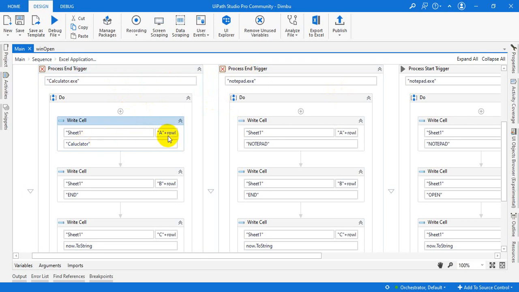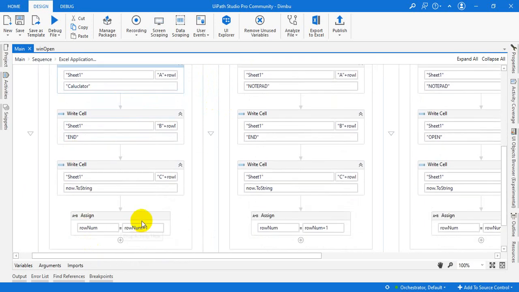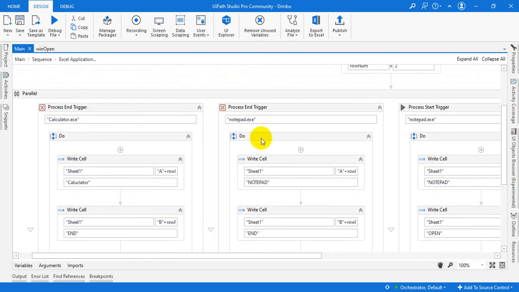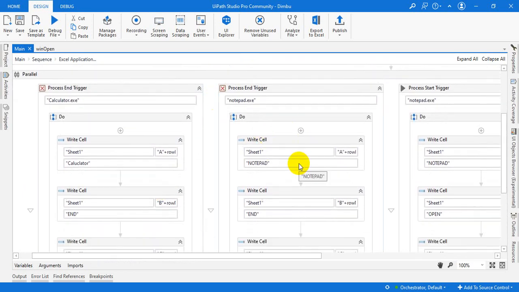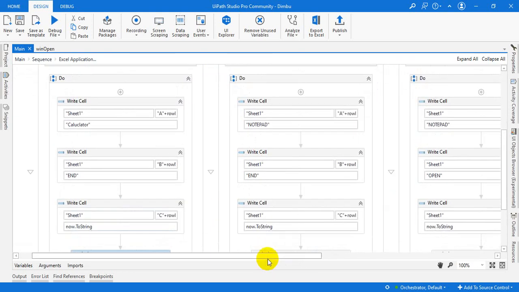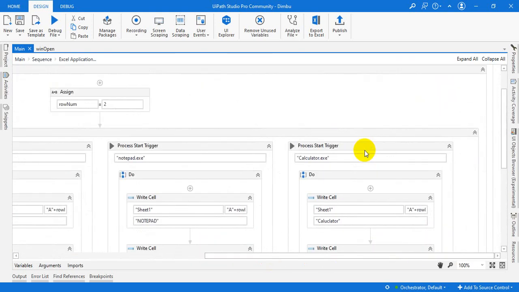Here I'm writing cells A2, B2, C2: A2 is calculator, B2 is ended, and C2 is the time, and the row is incremented by 1. The same thing is repeated for notepad ended, the time, and increment, and likewise for the process start triggers.